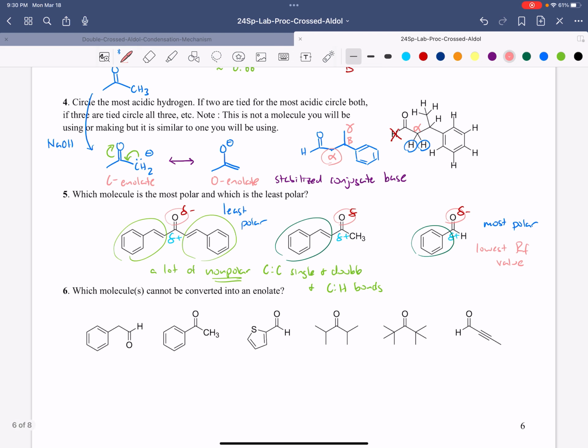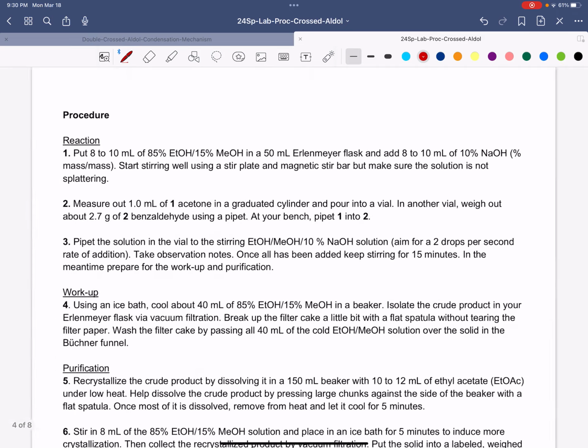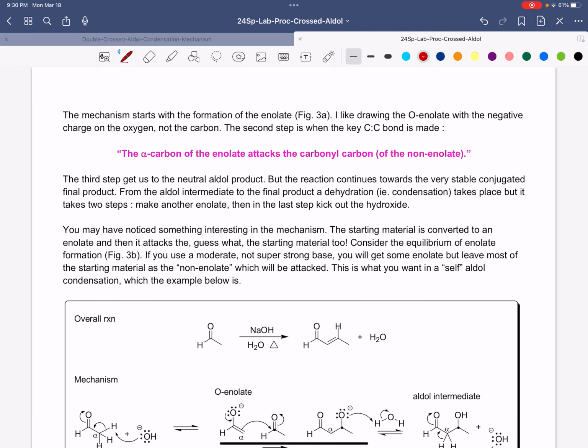The final problem example is here, number 6. Again, this is the last page on your lab procedure, page 6. This is asking which molecules cannot be converted to an enolate. And in the procedure, or in the handout, let me see if I said it. I have these pink phrases, and these pink phrases are phrases that when I was taking this class, I memorized so I wouldn't get them backwards, or I wouldn't forget them, because they help save me a lot of,